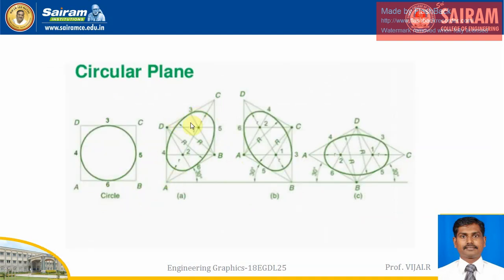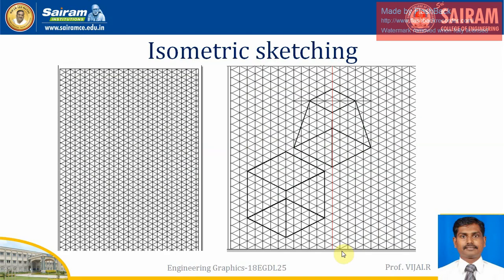And the ellipse, say here in a circle also, it's a circle. Directly we cannot say a circle here, it will be looking like an ellipse in the other views. So isometric sketching, how to draw in our sketchbook, will be like this. The sketchbook will be like this. The papers, here you can see 30-degree line in this direction, x direction, and y direction, that is a direction. So you can see all three lines, these directions.